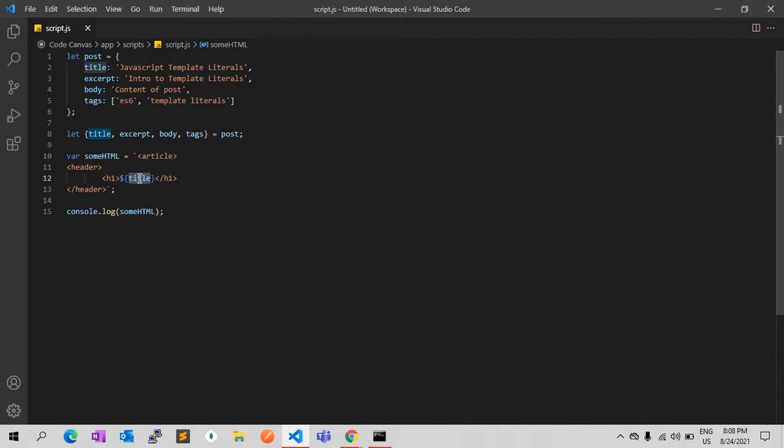The next thing is variable and expression substitutions. At this point, a template literal is just like a better version of a normal JavaScript string. The big difference between a template literal and a normal string is substitutions. The substitutions allow you to embed variables and expressions in a string. The JavaScript engine will automatically replace these variables and expressions with their respective values. This feature is also known as string interpolation. To instruct JavaScript to substitute a variable or expression, you need to place it in a special block as I show.